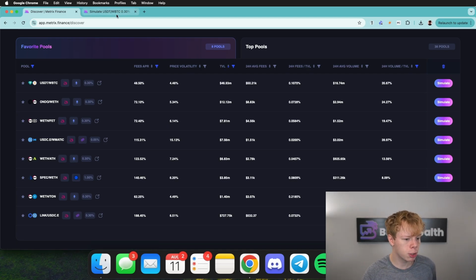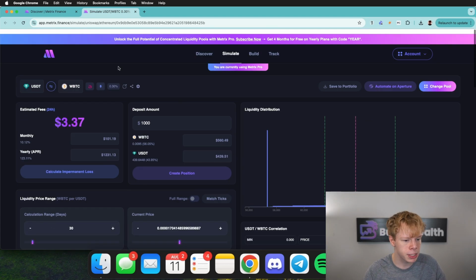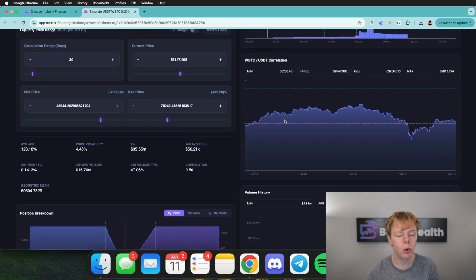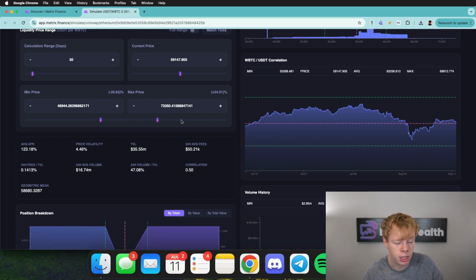Anyways, I do want to include wrapped Bitcoin to USDT in the portfolio, so I'm going to pull that up and start to find the range. Now, the reason why I want to include wrapped Bitcoin to USDT in the portfolio is because it's going to be the backbone. It has a lot of liquidity. Bitcoin is obviously very blue chip, and this is going to be our blue chip position that prints a good return, not a super high return, but it allows us to have consistency and stability in our portfolio to mitigate